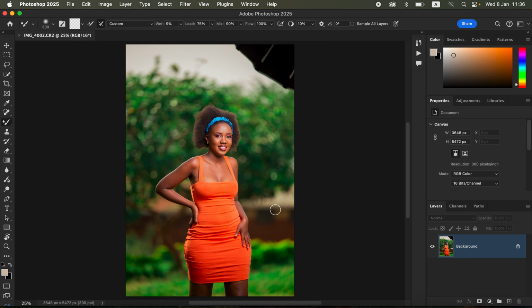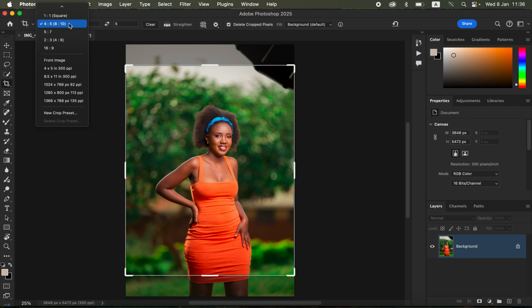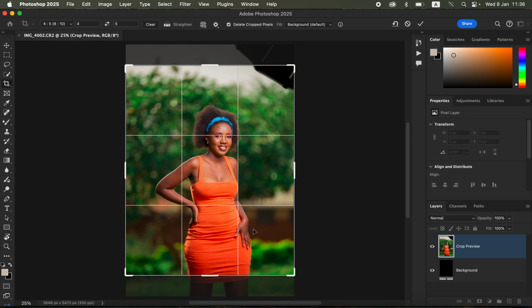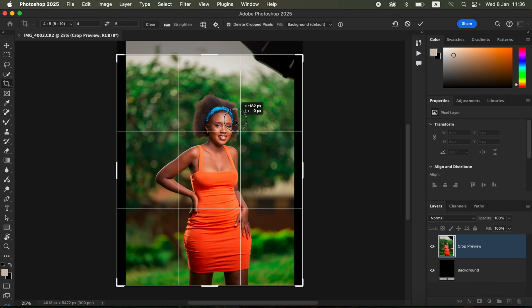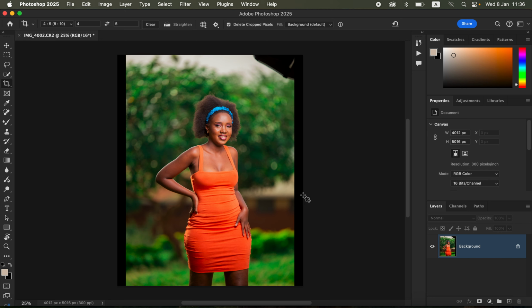So the very first thing I tend to do when it comes to Photoshop is first of all cropping the image. So I'll just come and get the crop tool and choose a ratio of 4 by 5. And with that done, I'm just going to drag this corner and also straighten or have my subject in the middle. So usually I leave this at the background default and hit enter or return, and it's going to leave these